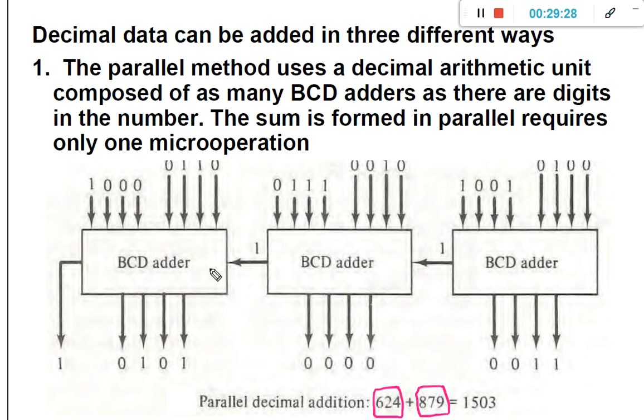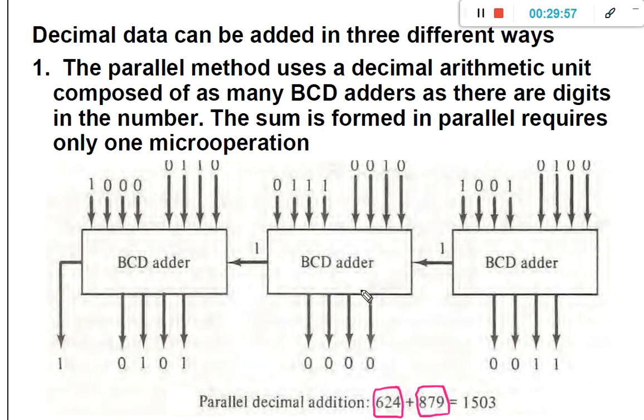If you want to add a 10-digit number, then we need 10 BCD adders. The sum is formed in parallel and requires only one micro operation, because there are as many BCD adders as the number of digits available in the number. So we are going to get the sum in a single micro operation.